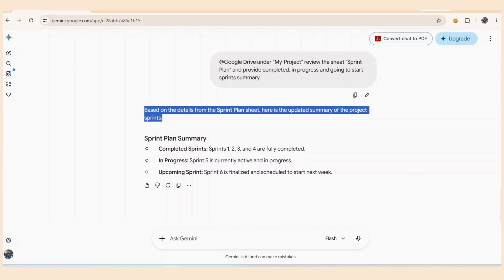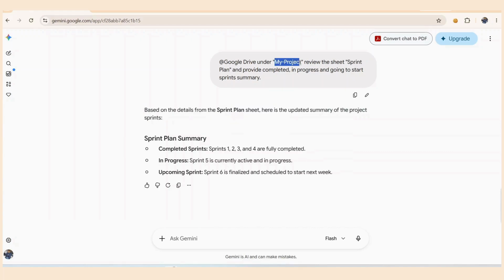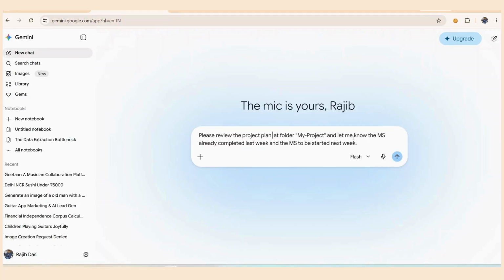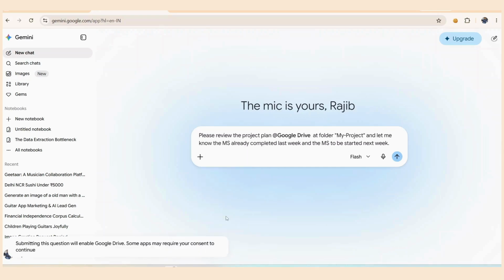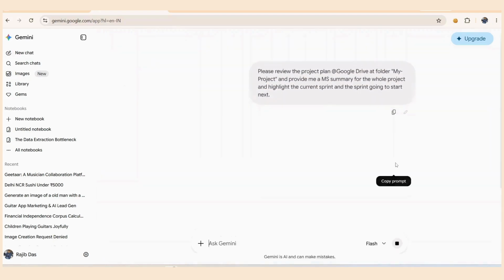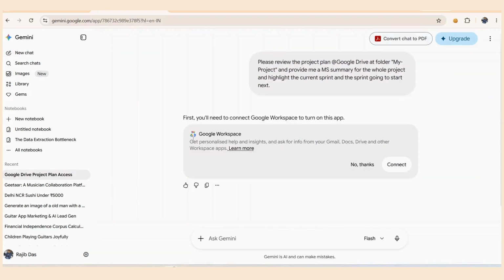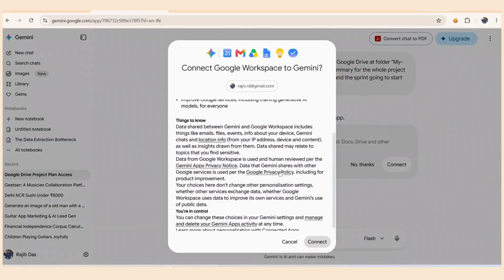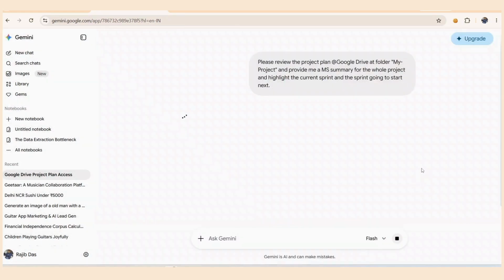But ensure that you are very specific. You provide the specific folder name where to connect, My Project in this case. And now, as I mentioned earlier, if your Google Drive option is not enabled, let's try submitting this prompt. Now we saw that Google Drive is not enabled. So what Gemini will show is that it doesn't have access to your Google Drive,